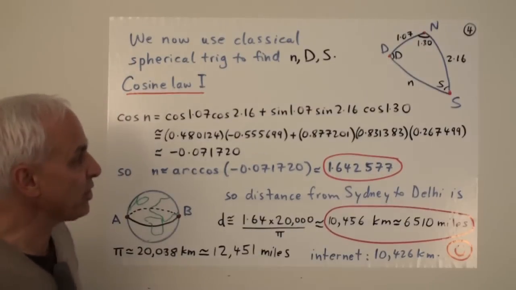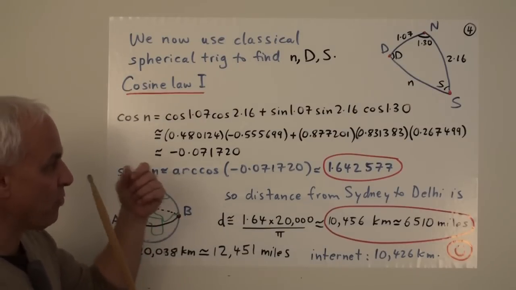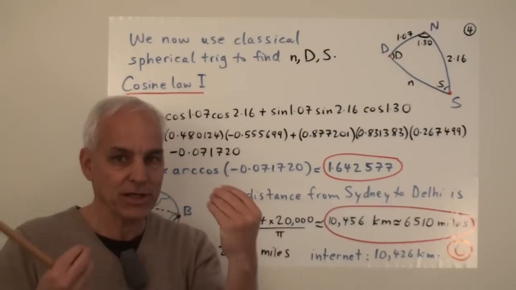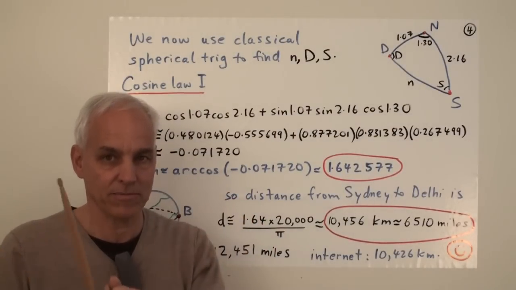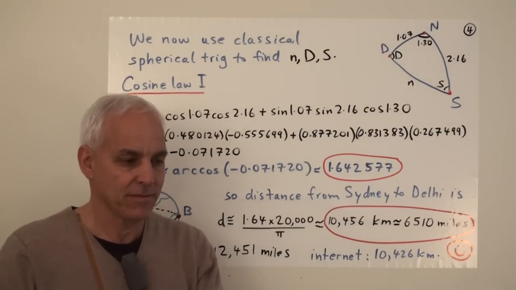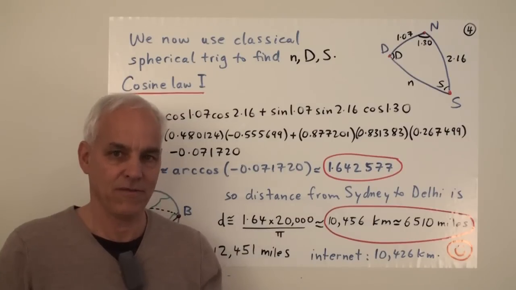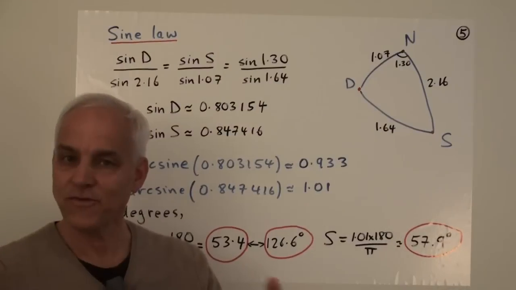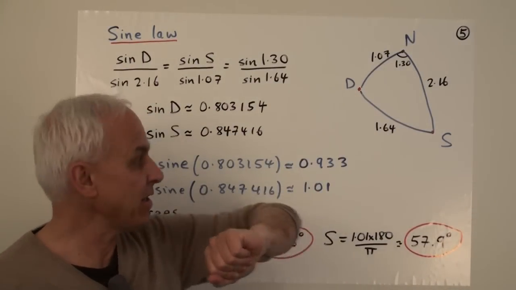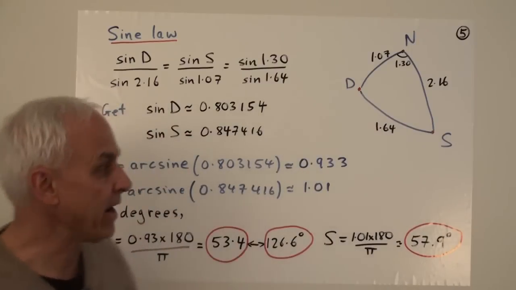Okay. We have calculated from just knowing the relative positions of these 2 points on the Earth in terms of this spherical coordinate system. We've calculated the distance between them. So it's a really very, very vital kind of technology for astronomy. All right, so very good. We can go a little bit further though. Now that we have this third side, 1.64, also in radians, we can now find these 2 angles here.